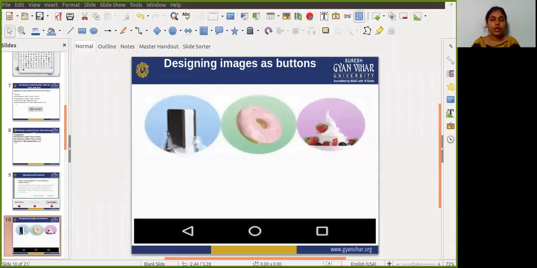Note that to bring an image into your Android Studio project, just create or save the image in JPG format and copy the image file into the app folder. Inside the app folder the src folder is present.